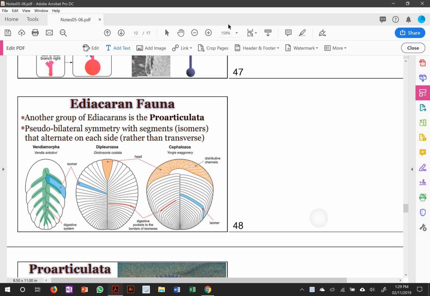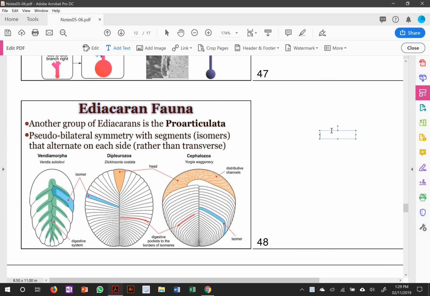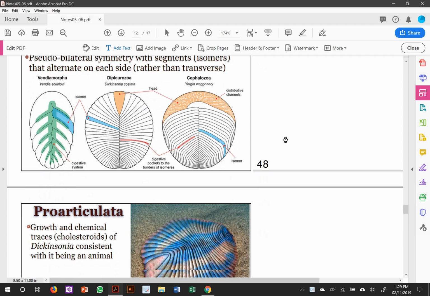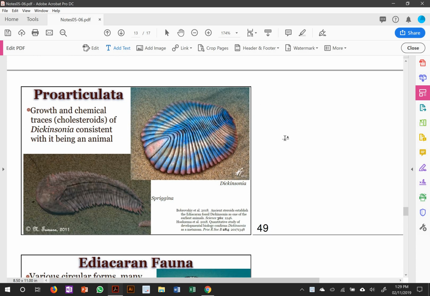What are these critters? Some have suggested they might be related to the Vendobionta. They have some at least superficial similarities. They might be flat versions of them. There's also some evidence, I think that's coming up here, from two different pieces of evidence now that suggest they're